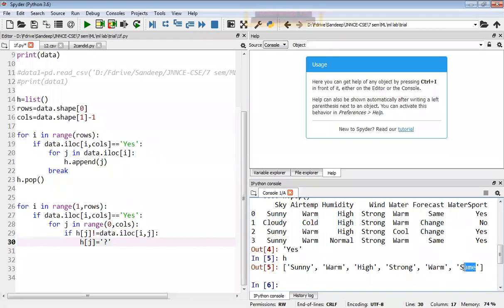And the next value is also different, so here also we'll insert a question mark. So this is for the third example. Again, the same thing will be repeated for the fourth example. At the end of this for loop, when you come out of this for loop, if you print h,